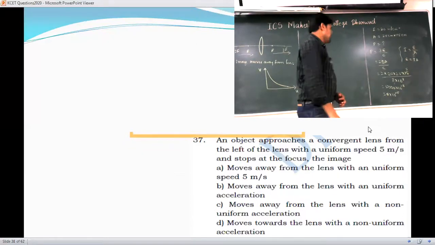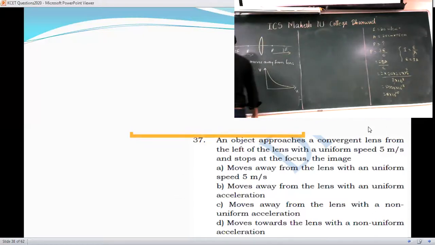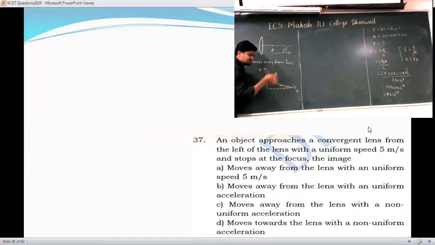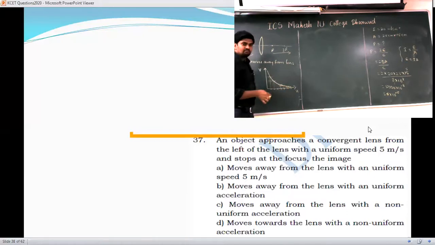Okay, so that's why we have to go through with the graph here. Suppose I make some segments in this u, where the image is here, and v is here. If you take the segment, the difference is small. If I take the segment here and the segment here, the difference is a bit larger compared to the previous one. Now if I take the point here and the point here, again the distance is very large. So what is happening here with respect to time?